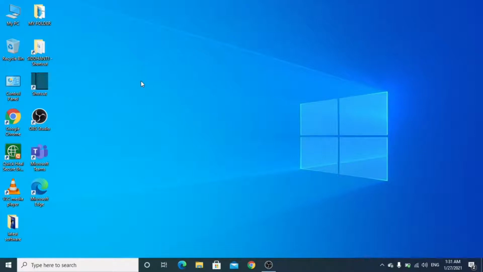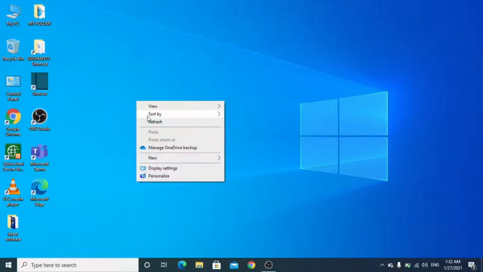So in order to open Cortana, if you are using Windows 10, there are various versions of Windows 10. If you are using an older version, you can still find Cortana, but you cannot experience all the latest features of Cortana. So you need to have the latest version of Windows 10. Right now I am using the latest version, Windows 10 version 2004. There is another new version, 20H2. You can also install that, but now let's continue.